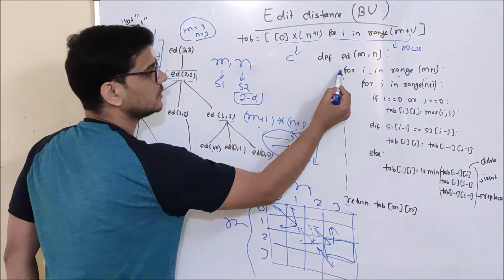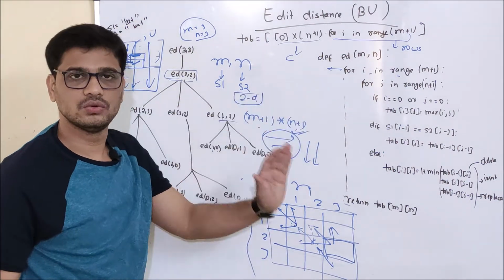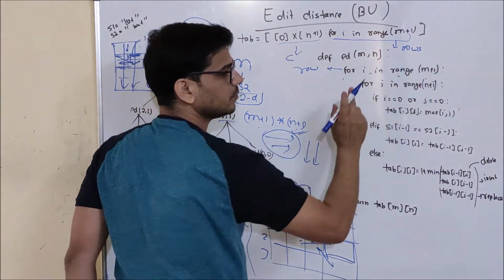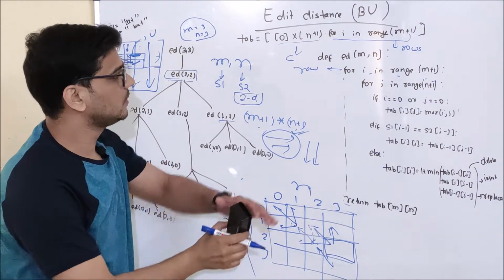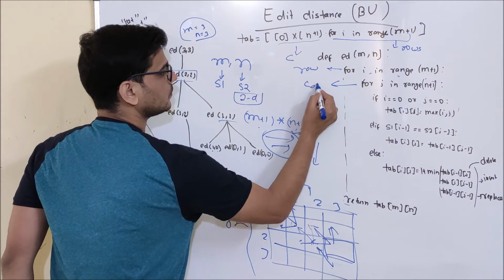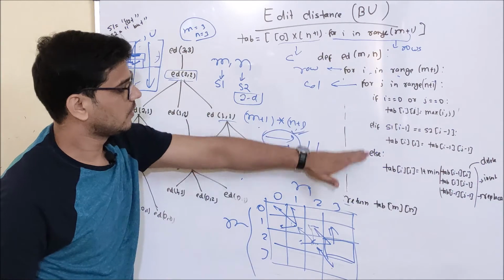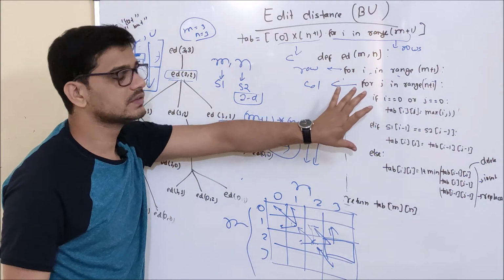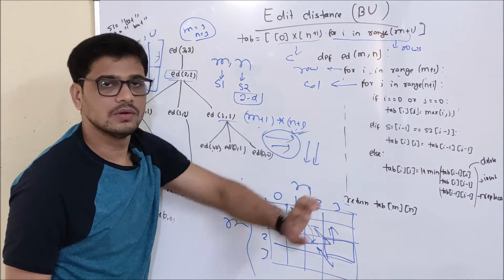So first of all, this is my for loop, and this will keep track of my rows. For i in range m plus 1, m is the number of characters in string 1, and it will represent rows. Okay. Now this one will keep track of columns. Now come here. Are you seeing anything similar here? This is the same recursive equation, but I have translated it to a tabular form.